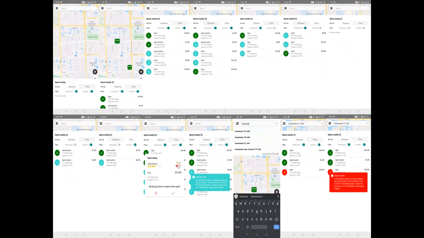Here are more screens. In this case, this is the user drawer, which allows them to navigate to the different spots that are available. So you can see on the first and the top screens, there are spots that are published in the map. The user can see it on the drawer and navigate them, sort them, filter, and so on. Also, we have the search bar at the top, which allows them to search for different locations. As well, it also integrates Google Places API to complete different locations and so on.